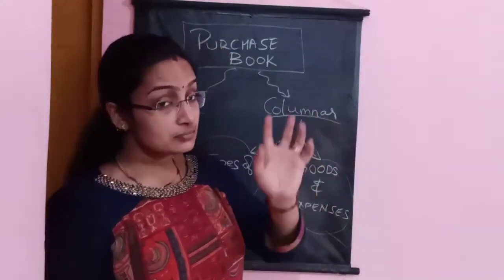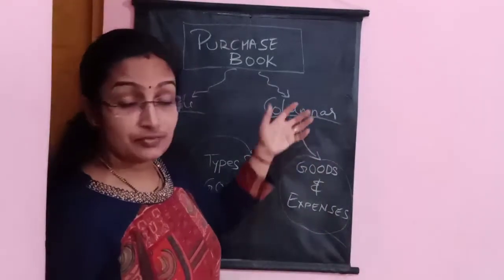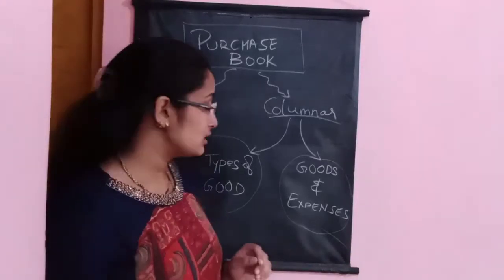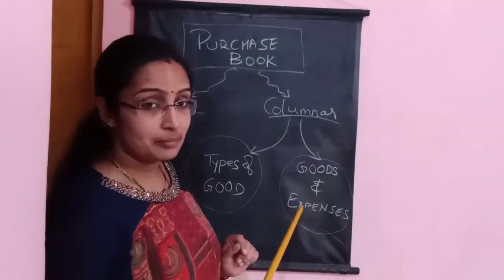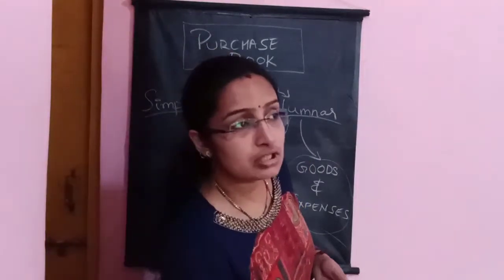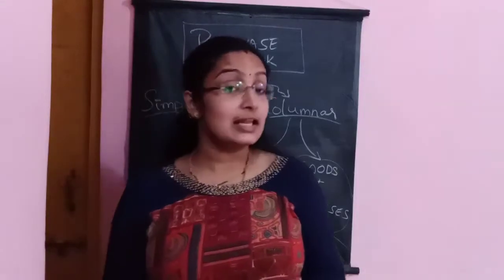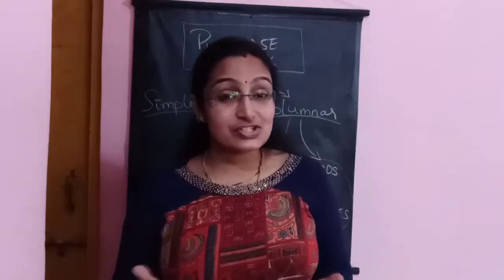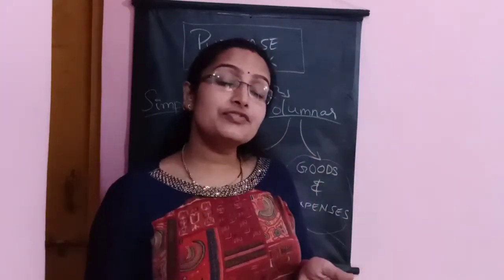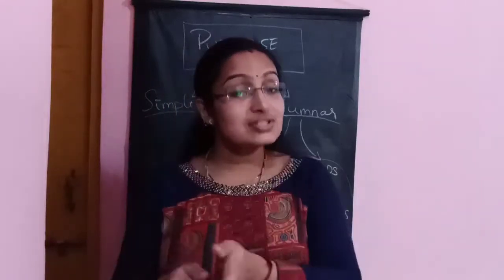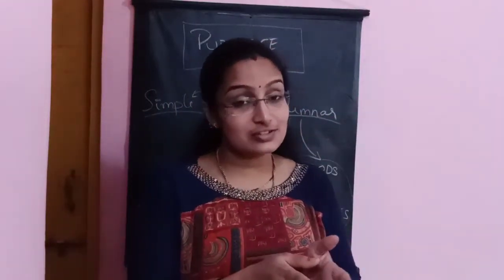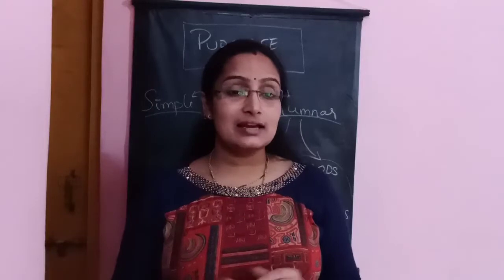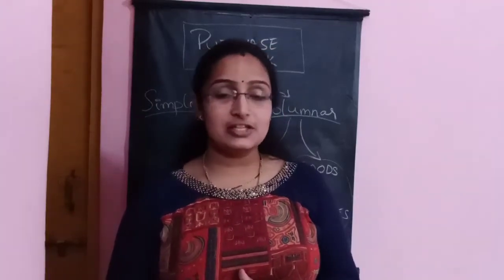In a similar way, if a columnar purchase book is made on the basis of expenses and the goods, then it is the goods and expenses columnar purchase book. Here the expenses mean the expenses paid for the purchase, like the octroi, the freight, the railway freight, or the taxes, GST and all. These are recorded in different columns, where the goods as well as the expenses are recorded, known as the goods and expenses columnar purchase book. So let's see a specimen of these kinds of purchase books.